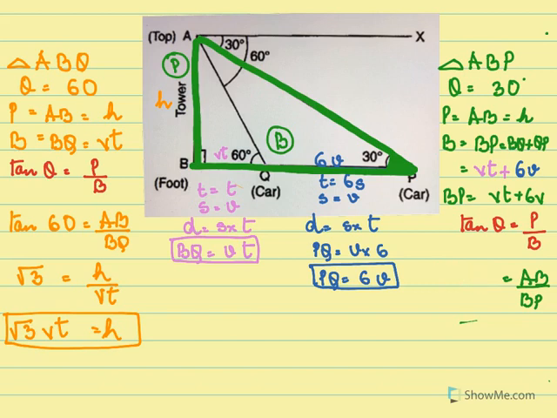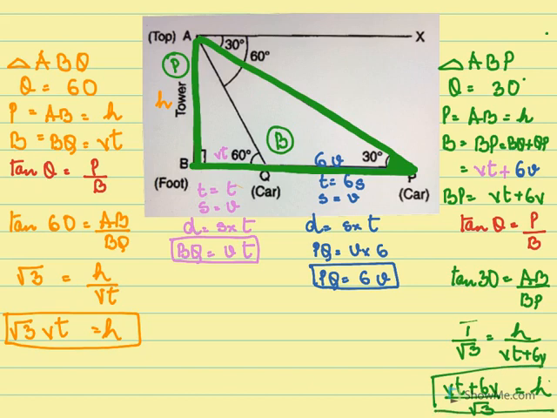Now here's a correction. Tan 30, which is 1 over root 3. Your AB is H and BP is VT plus 6V. So H will be equal to VT plus 6V over root 3. So this is our H. So we equate for H now. So H equal to H, which means